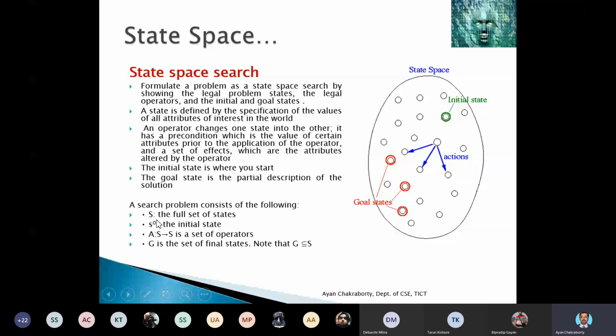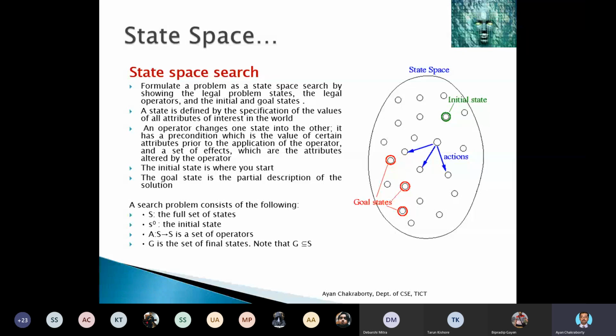Capital S is the full set of states. S0 is the initial state. A, written as A colon S to S, is a set of operators.